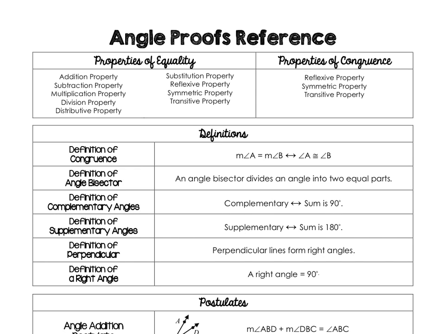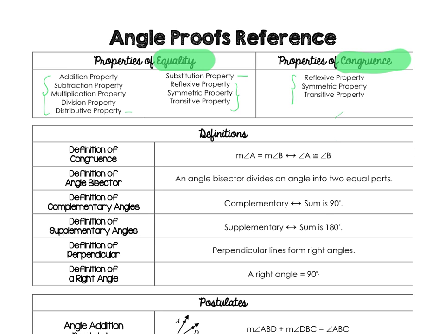In this video, we're going to study how to do angle proofs with two-column proofs. In the previous chapter, we have done properties of equality and properties of congruence. And if you recall correctly, that property of equality was mostly applied to algebraic proofs. And so it includes four additions: distributive property, substitution property. And then these three properties, reflexive, symmetric, and transitive property, can be applied to both properties of equality as well